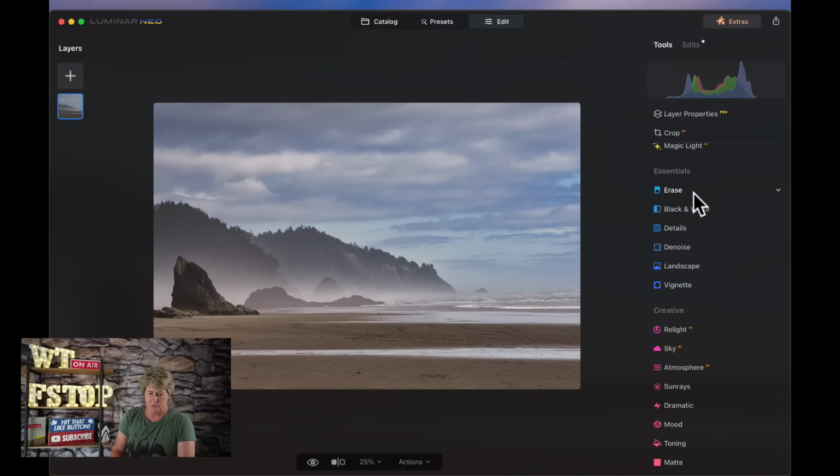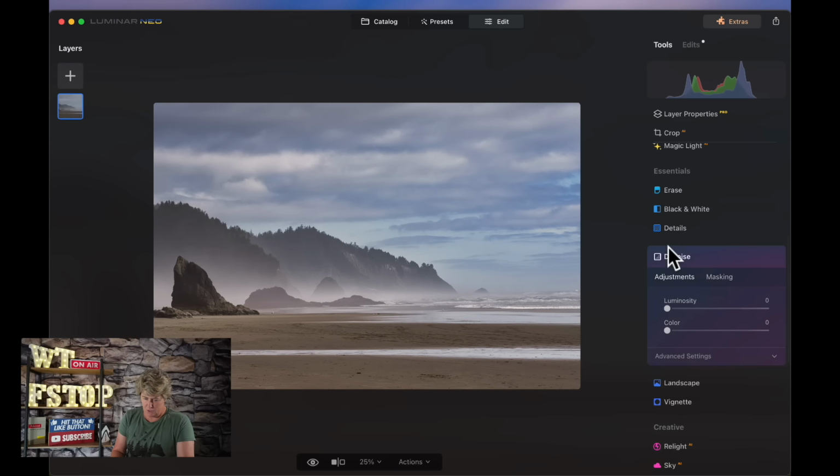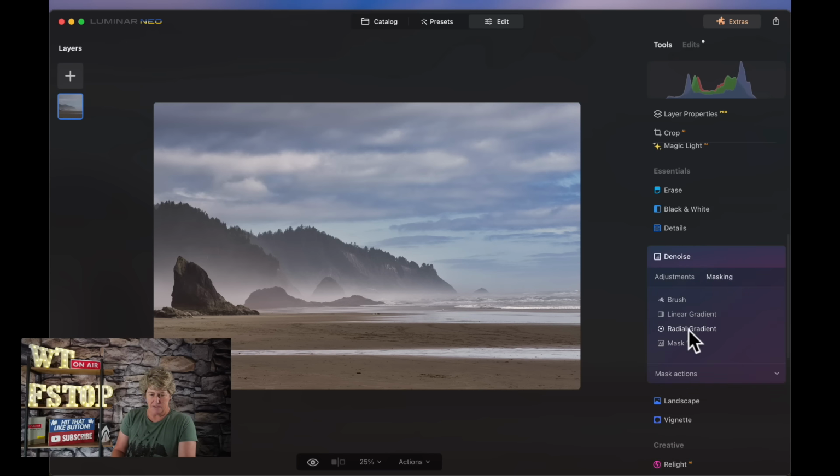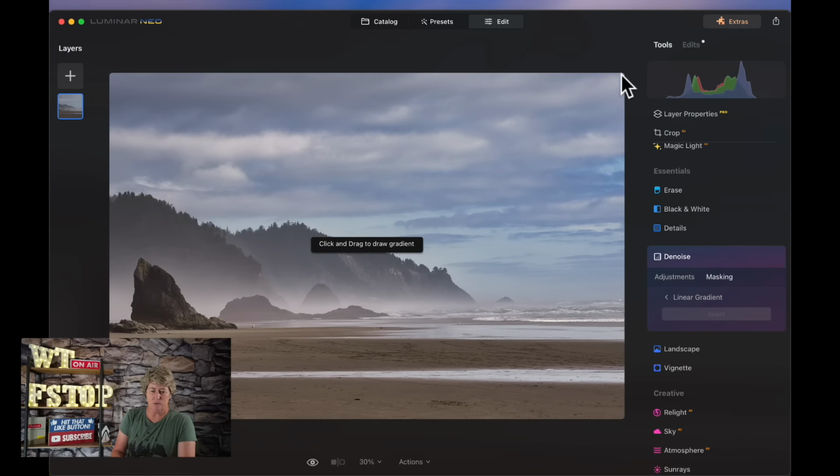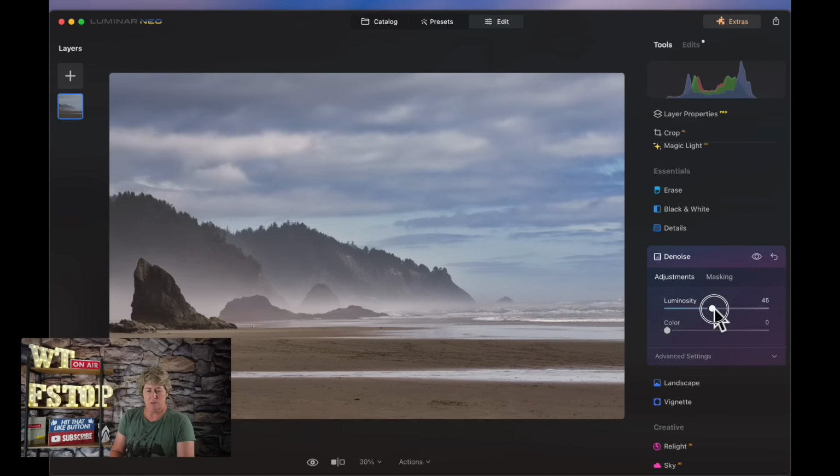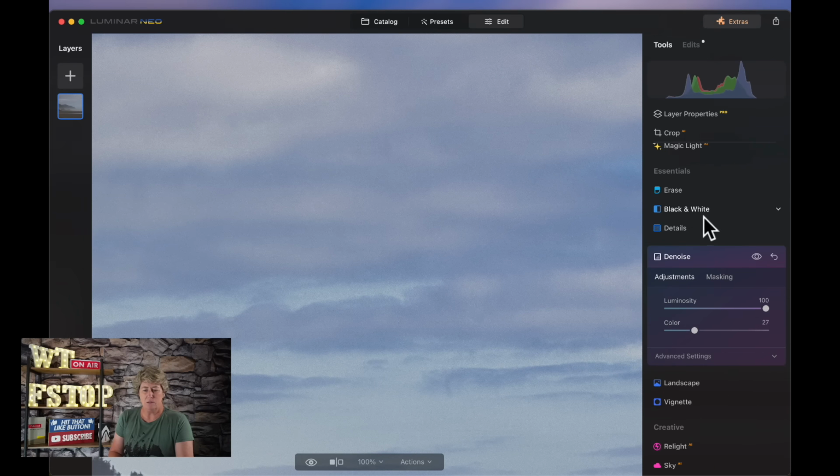I go over here, go to denoise, hit mask, hit linear gradient, and just kind of bring it down like so. Go over to my adjustments and just crank it up because that sky is pretty noisy. And just like that,